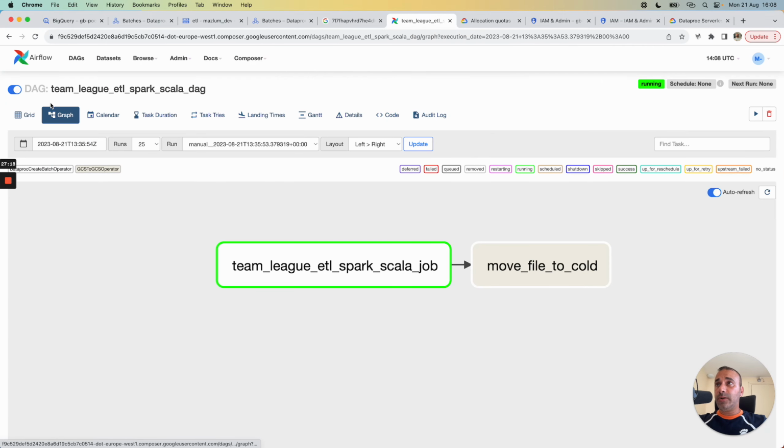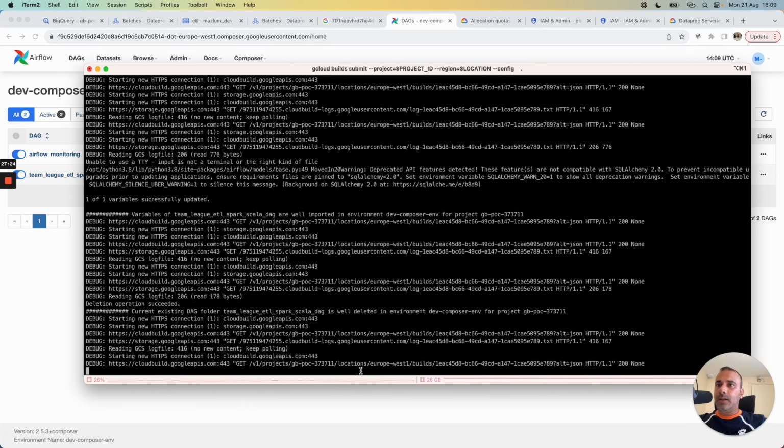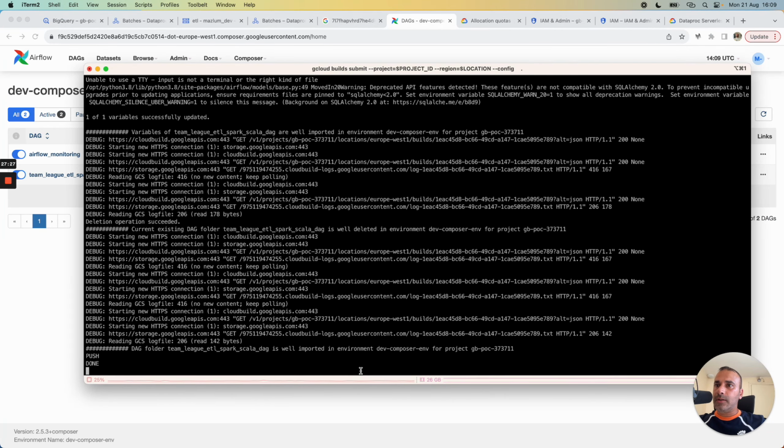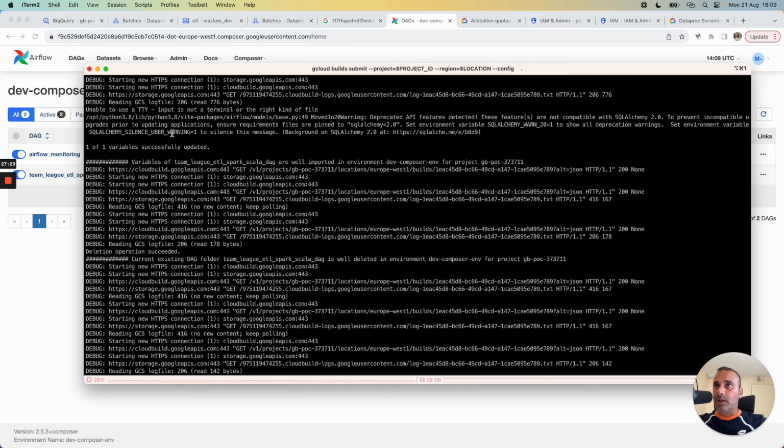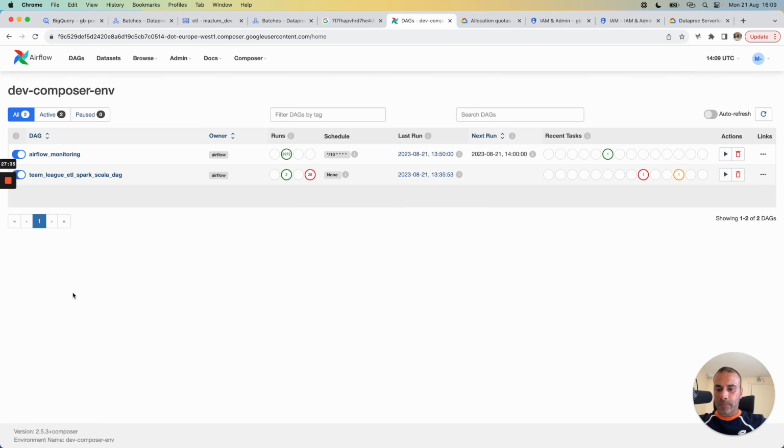From our Airflow DAGs, I go to the Airflow web server here. The deployment is not already finished, but we deployed the configuration here for the variable JSONs, and the deployment is finished.